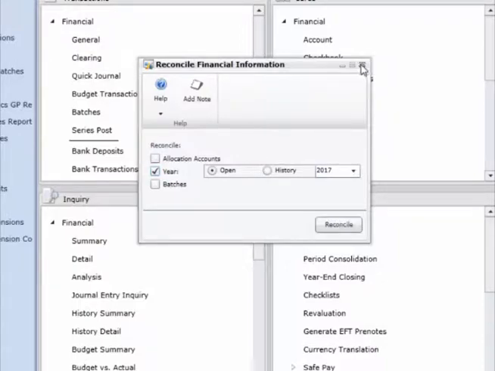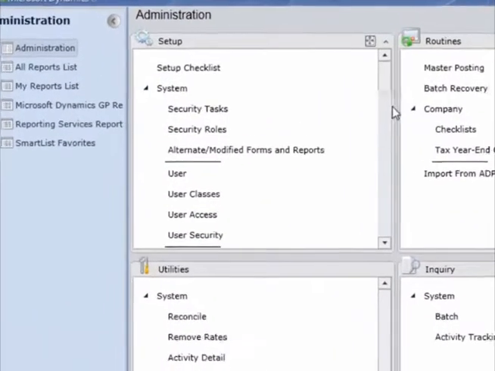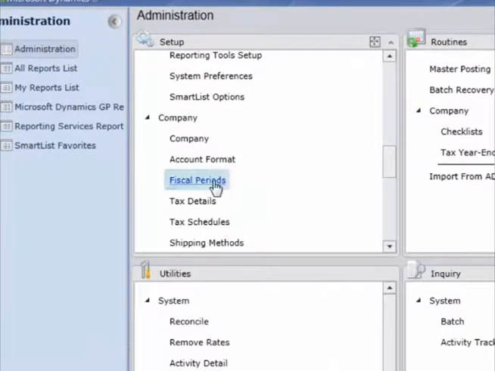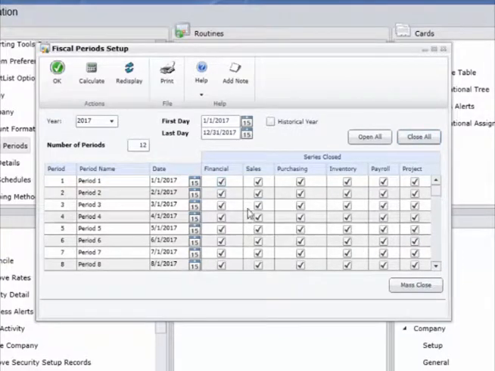Now let me go back to that fiscal period setup window under that administration tab, and if I drag the setup window down to company fiscal periods, I'm going to pull up this 2017 period as well. And you notice that I showed you that this is a soft close. This isn't actually closing off the year. What I usually see people do is hit close all, and if you're really trying to control what months people can post into, you would open up the correct month. And you may have a couple open at any given period of time, but after the month closes, you've done all your closing reports, you would come in here and close out that month so nothing else can be